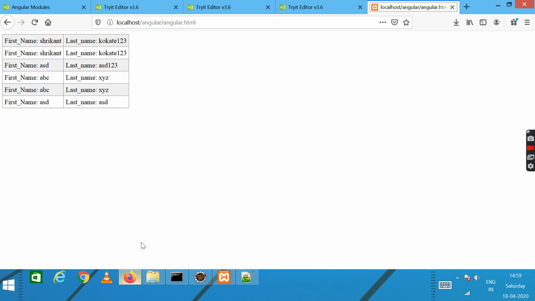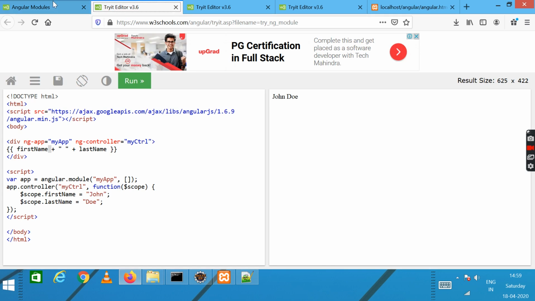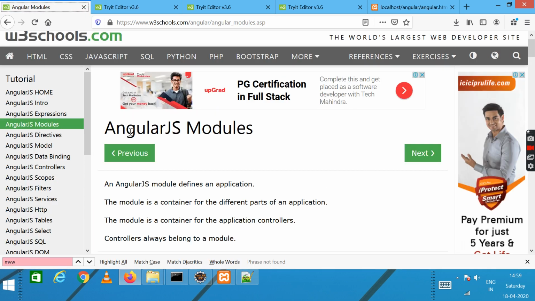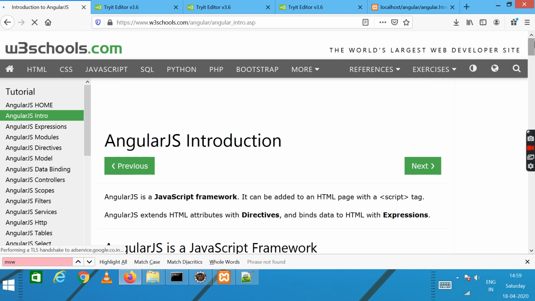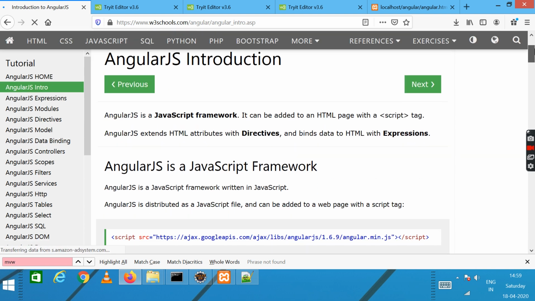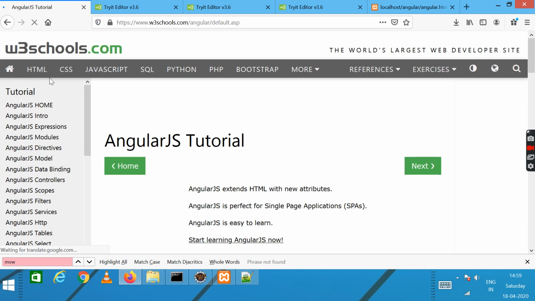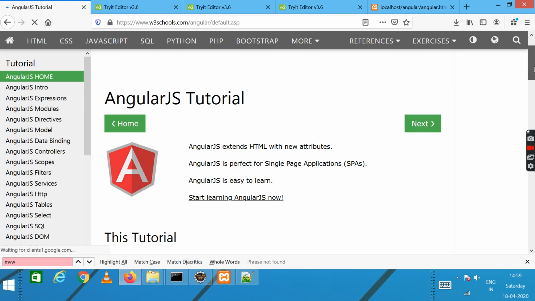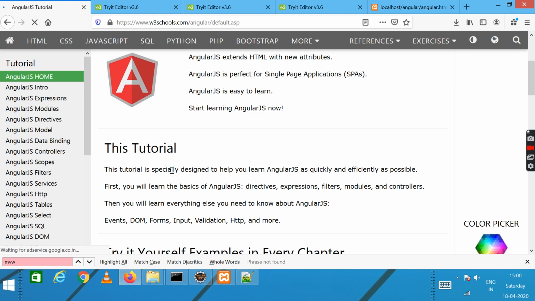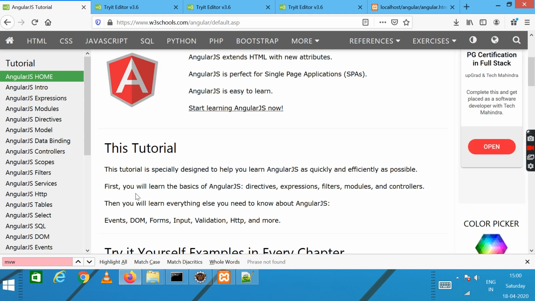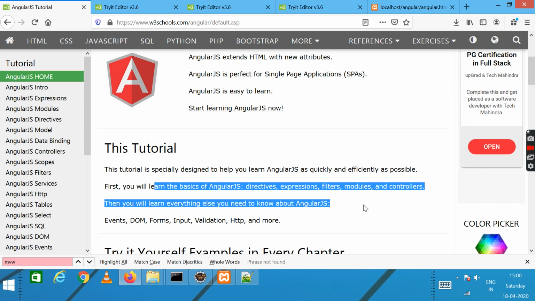As we have seen, this is the introductory part of AngularJS. We use the framework to extend HTML. It has directives, expressions, filters, modules, and controllers.